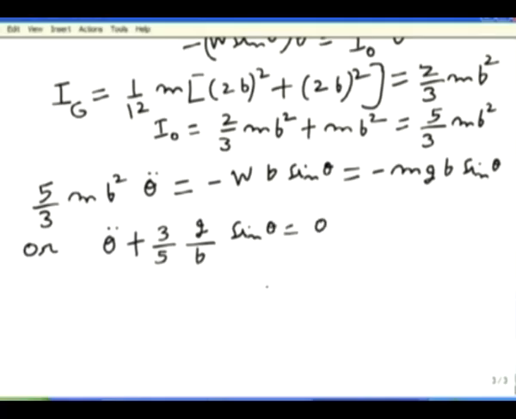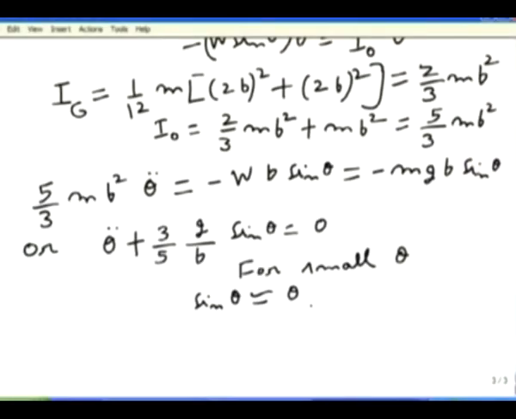However, for small theta, sin theta is approximately theta, provided theta is measured in radian, not in degree. So one has to be careful about this: sin theta is equal to theta, provided theta is measured in radian. Then theta double dot plus 3 by 5 g by b theta equals 0,